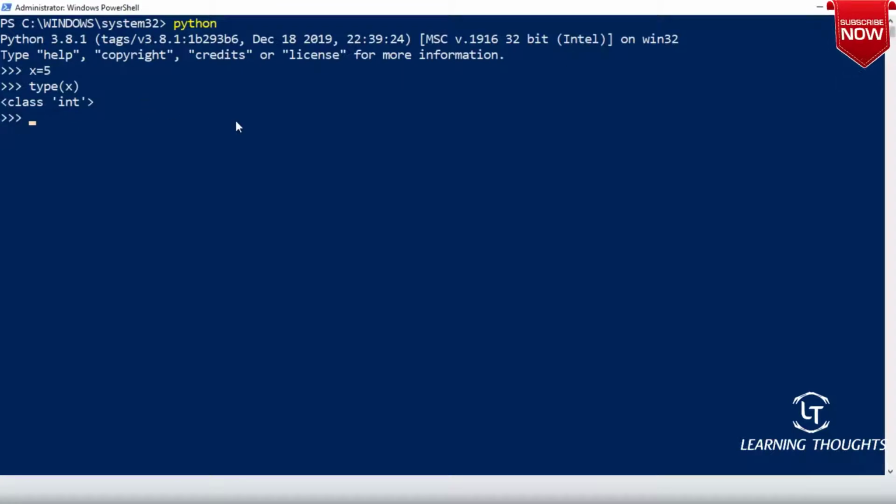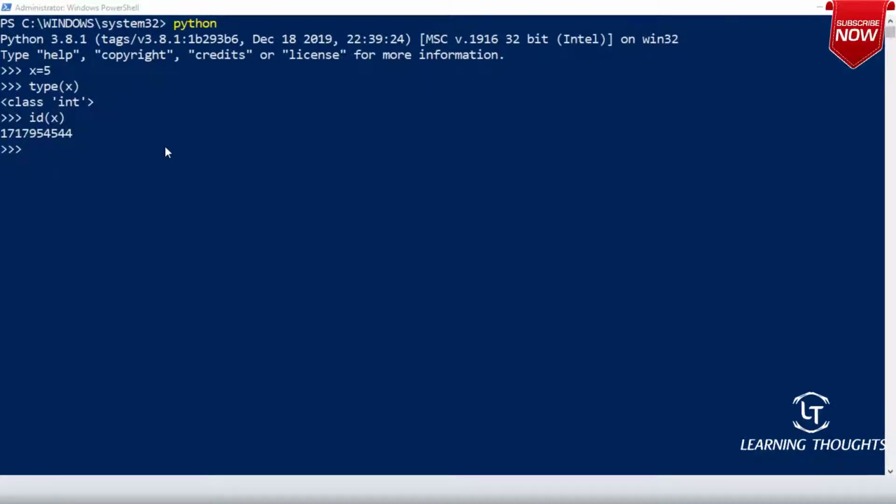What is it I'm getting? Today we'll be playing with only two things: remembering values, type and id. So let me write id of x. Am I clear on this?